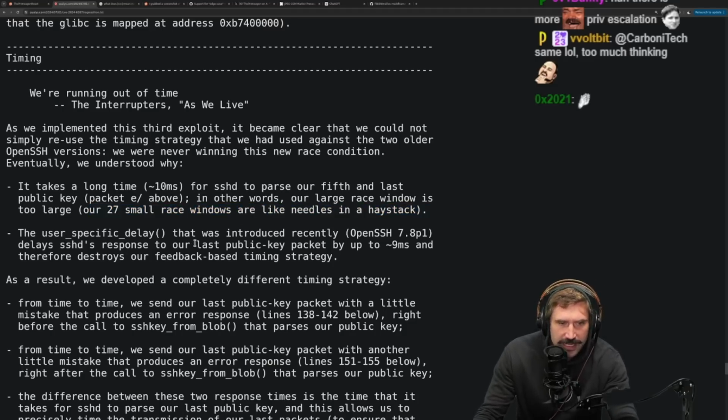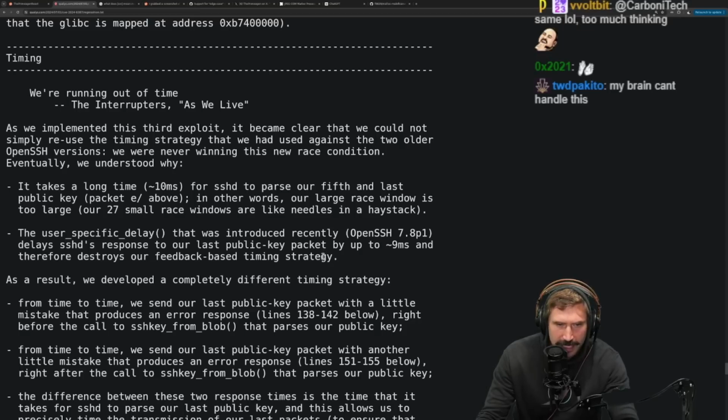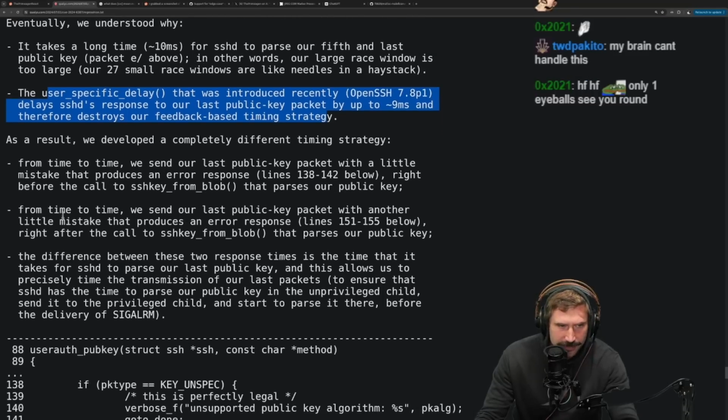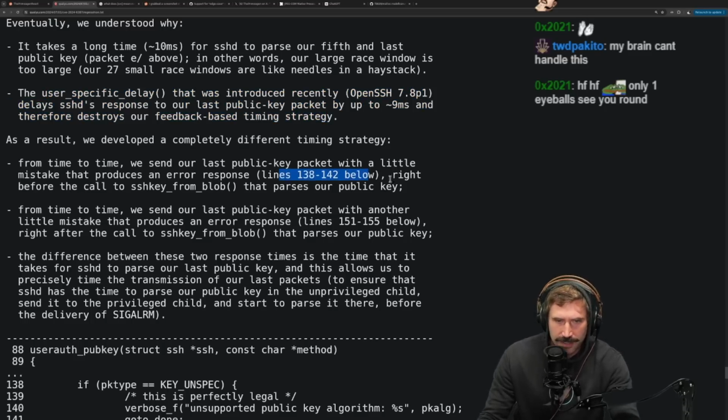The user-specified delay that was introduced recently, in OpenSSH 7.8p1, delays sshd's response to our last public key packet by up to 9 milliseconds and therefore destroys our feedback-based timing strategy. As a result, we developed a completely different timing strategy. From time to time, we send our last public key packet with a little mistake that produces an error response right before the call to sshkey_from_blob that parses our public key.